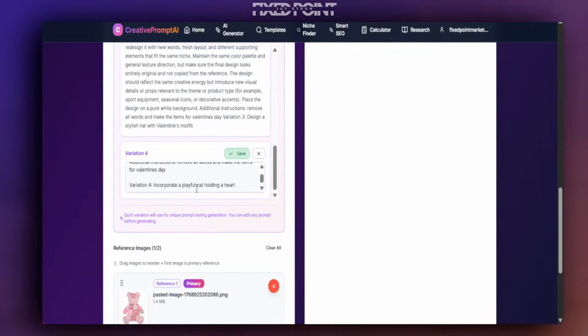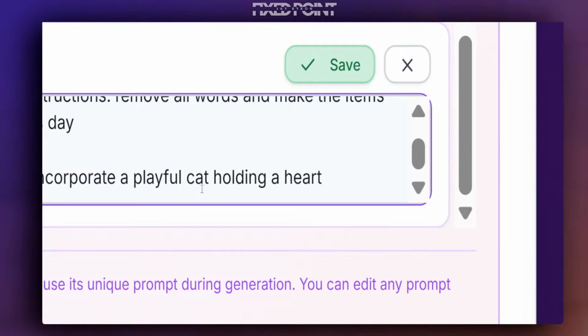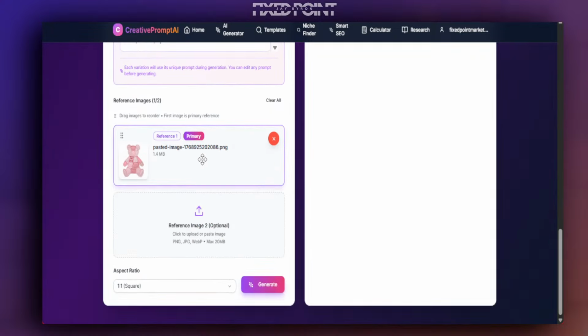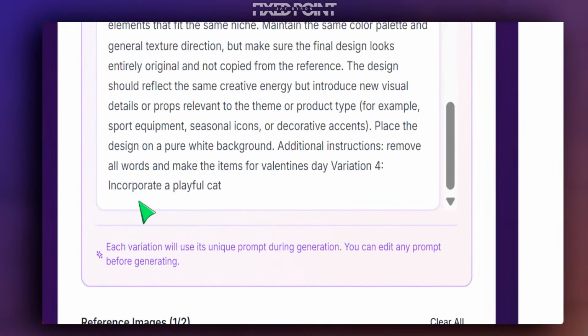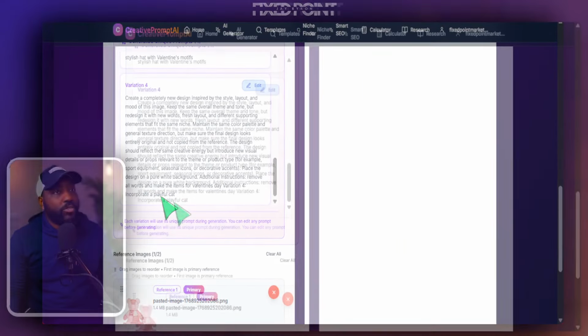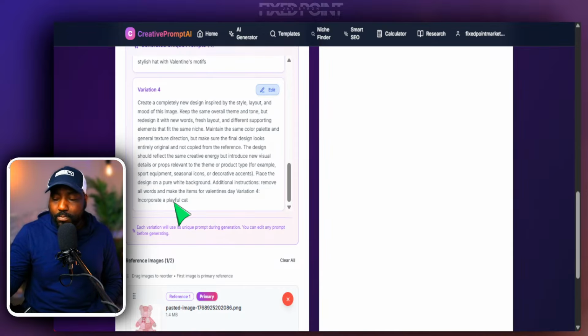Go all the way down and say, you know what? I don't want the variation to be incorporate a playful cat holding a heart. I just want there to be a playful cat. You can erase that. And now for that variation, it's not going to be a playful cat holding a heart. It's going to be a playful cat. So what we were able to do, that's why it's called advanced scaling, because if you're creating clip arts and you need specific things to be a specific way,